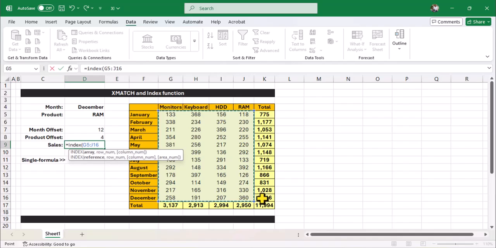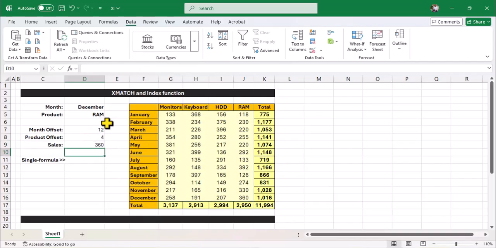Remember, I have not highlighted the total cells. Then I give a comma. What is the row number? So this is the row number, comma. What is the column number? This is the column number. Close parenthesis and hit enter. So for December, for RAM, the sales is 360.